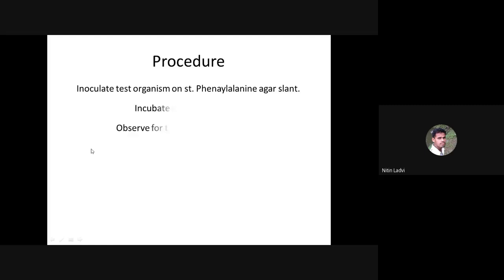Obviously, that is the basic technique we already studied. Then go for the incubation overnight at 37 degrees Celsius. I have put down the temperature as 37 degrees Celsius because most of the biochemicals we are supposed to use are for the identification of pathogens. And being human pathogens, most of the organisms prefer a temperature near about our body temperature, and that's why we need to incubate at 37 degrees Celsius.